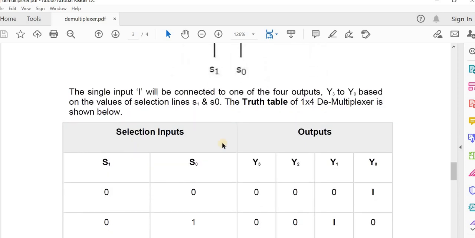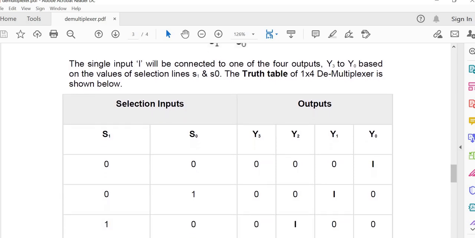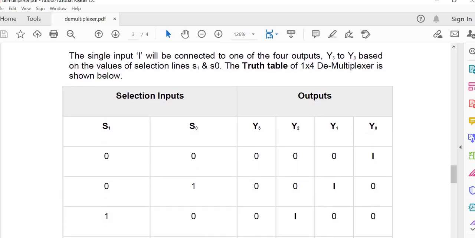So the single input I will be connected to one of the 4 outputs based on the values of selection lines S1 and S0. So this is the truth table of the demultiplexer. So mainly